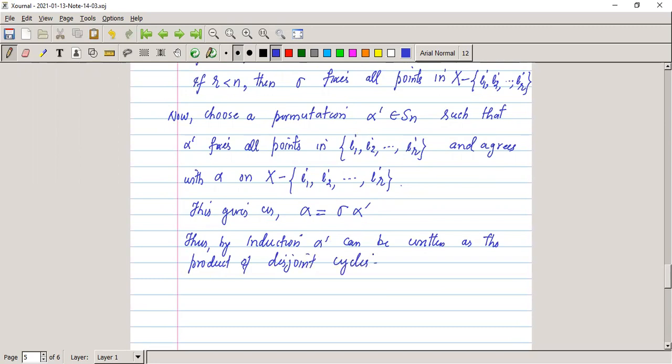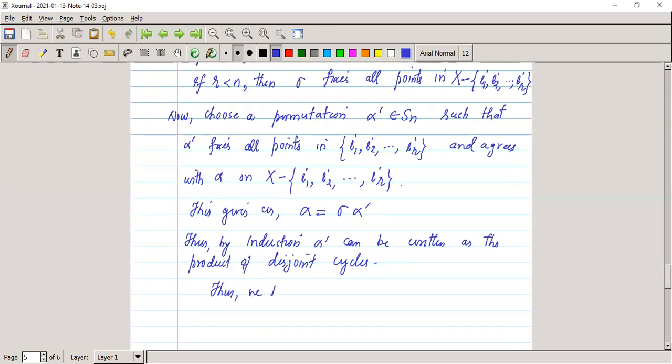Here what we have done is broken alpha as a product of two permutations: one is the cycle and another is a permutation. Since the number of points moved by alpha dash will be less than the number of points moved by alpha, we can use the induction hypothesis on alpha dash and write that alpha dash is the product of disjoint cycles. Combining this with the fact that sigma is also a cycle, we conclude